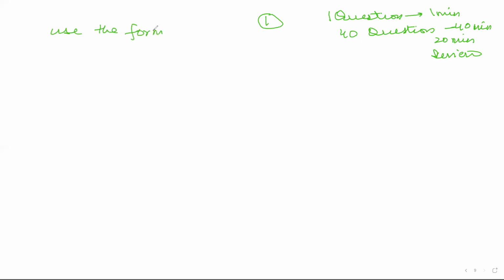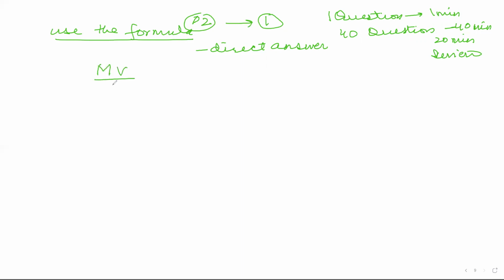If you apply this formula for Paper 2, it gives you the direct answer. It doesn't give you the values of the intermediate steps. So if you use this formula for solving your P2 questions, you'll be getting just 1 mark there. Now let's see what the formula is. The formula is MV over n of an acid,